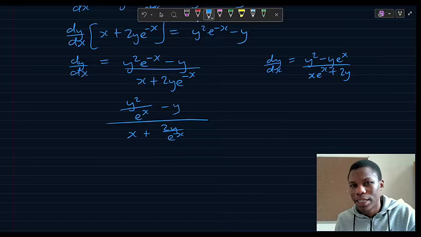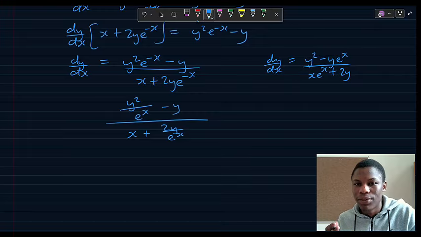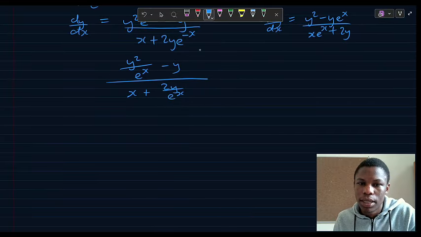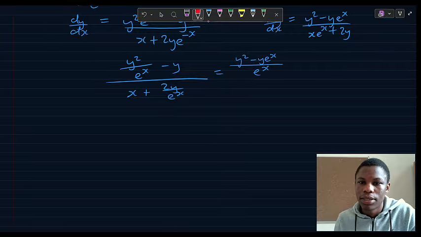In both the numerator and the denominator, we want to put everything over a common denominator. So in the numerator, we've got the denominator e to the x. So that becomes y squared, and then this becomes minus y times e to the x, over e to the x. And this is all being divided by